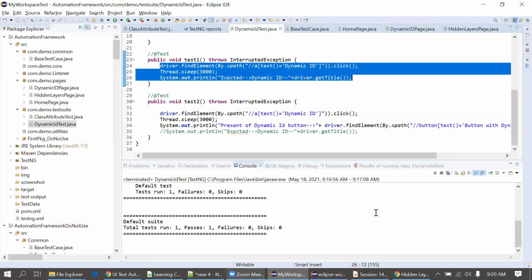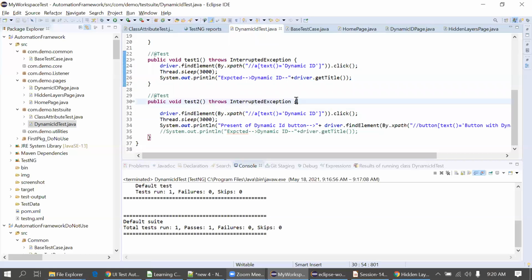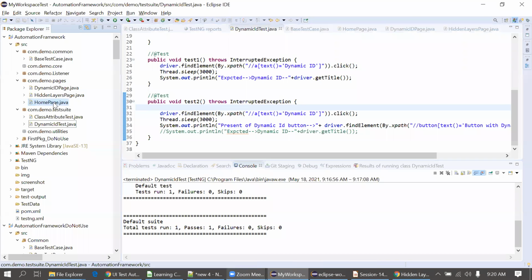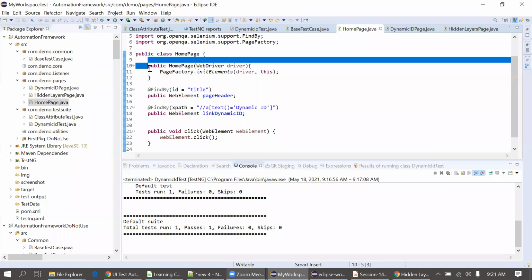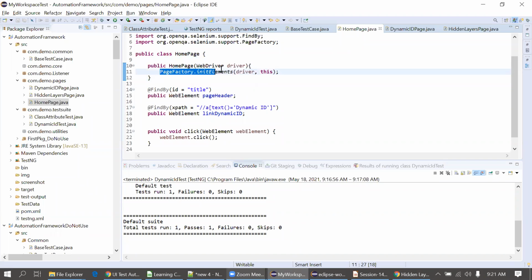Keval, what is confusing you? Is it the class creation or the page factory initialization? Yeah, the page factory initialization and I believe the syntax, how are we writing the code here, that is a bit confusing. Actually, this is the syntax, Keval. So you have to memorize this thing for sure. This PageFactory.initElements. This is syntax. Okay, again, this is syntax. @FindBy element, then element. This is syntax again. You have to memorize these few things.